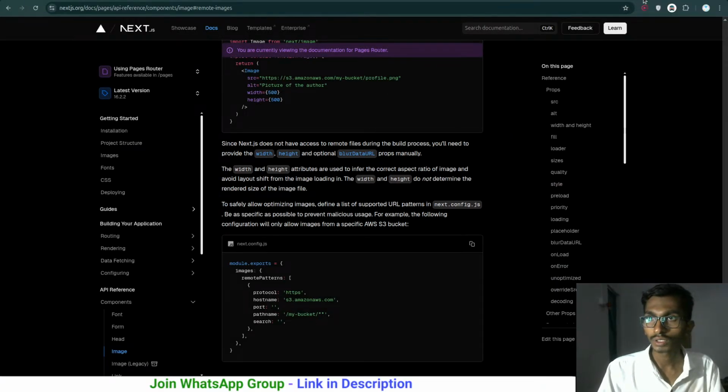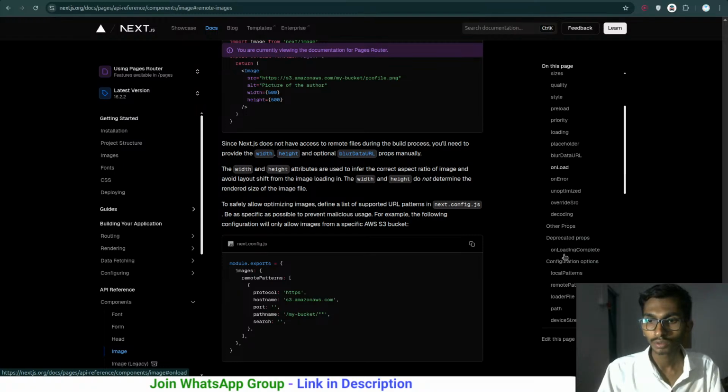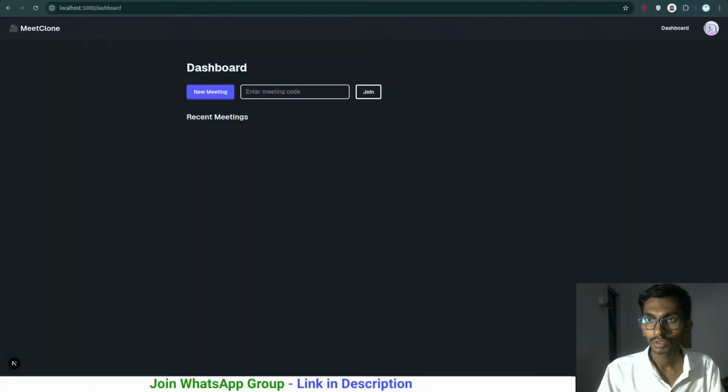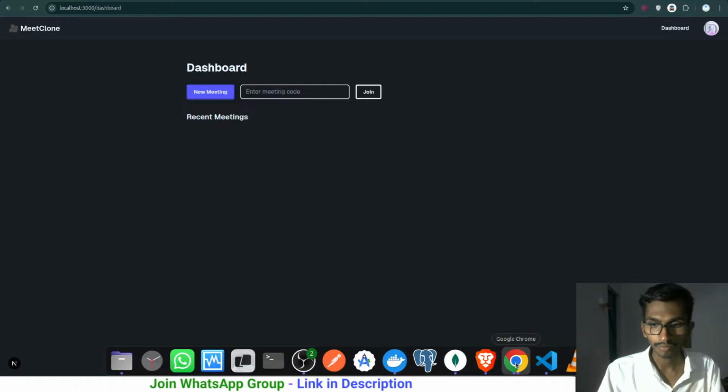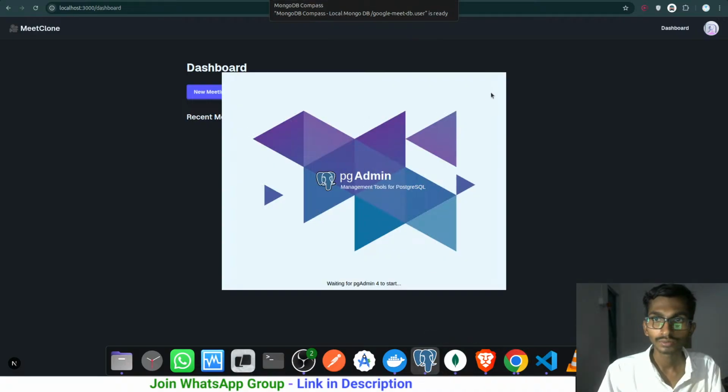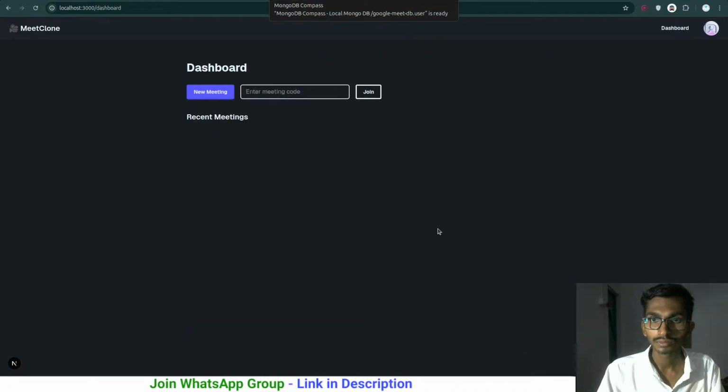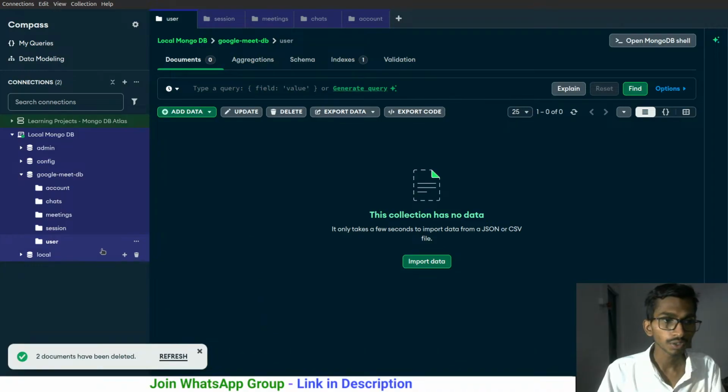Authentication is done. Google authenticate. Even when we are working with the... if I delete it, that's one problem here. If I delete all the users, forget about this. If I delete all the users from here,